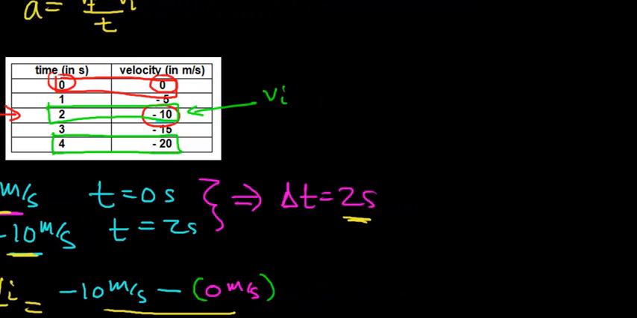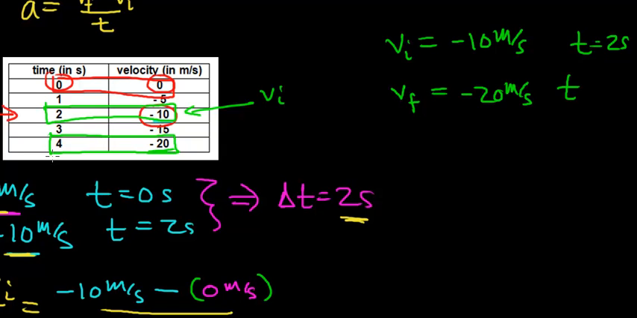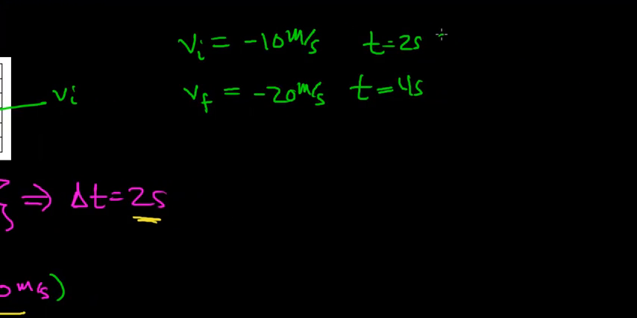So to summarize what I'm saying, I'm going to use an initial velocity of negative 10 meters per second, and that's going to occur when time t equals 2 seconds. And then I'm going to choose a final velocity of negative 20 meters per second. So v final equals negative 20 meters per second, and that occurs after 4 seconds have elapsed. Now one of the things that you should see is that it takes 4 minus 2, or 2 seconds to